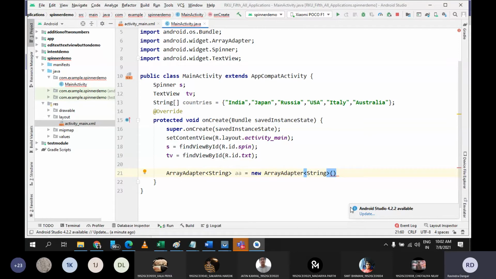I am explaining it again. First parameter, you need to give the current reference, current object, that you can give using this keyword. Second is your pattern. What kind of pattern you want in your drop down list, that you can select from the drop down. There are many inbuilt patterns available. I'll explain what kind of patterns are available, and we will change it also. And as the third parameter, you need to give the name of the array. In our case, our array is countries, so I need to pass countries. Are you fine with all 3 parameters?